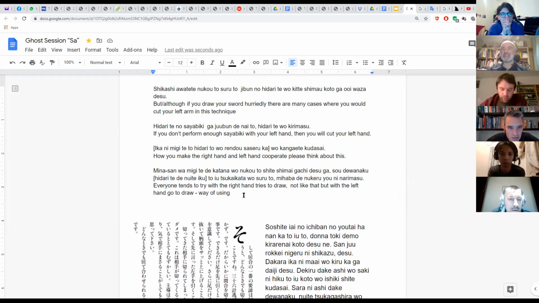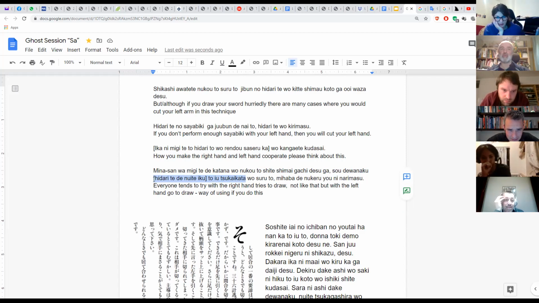This is also not particularly easy to translate directly. This basically means if you do this. So all of this osuruto is referring to everything there. So it means if you do it, use the sword as if you're drawing with the left hand. Then, yeah. Sorry, it's not the easiest thing to translate. It's really difficult to make any sensible sentences.